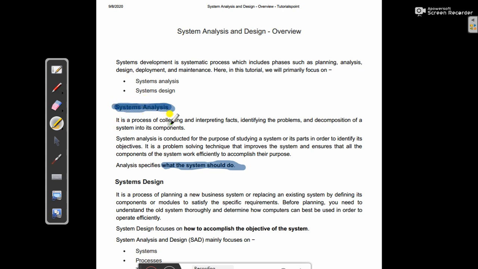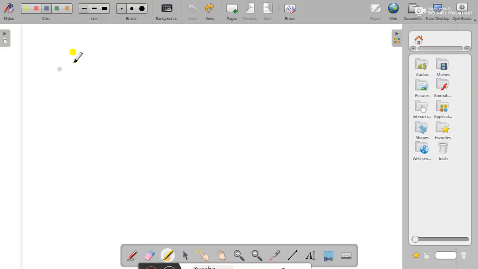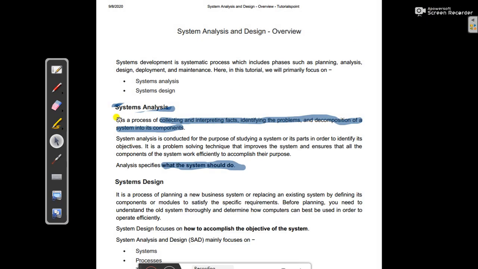So it is a process of collecting and interpreting facts, identifying the problems, and decomposition of a system into its components. Here it shows that